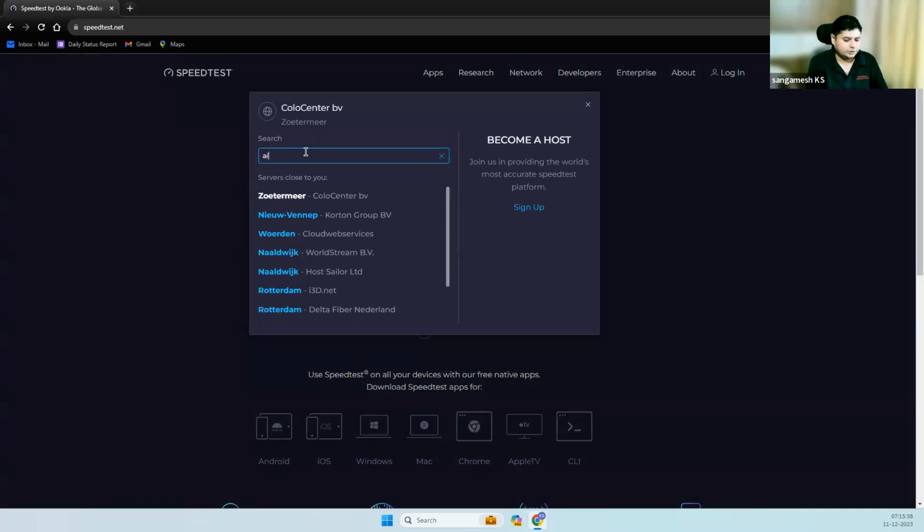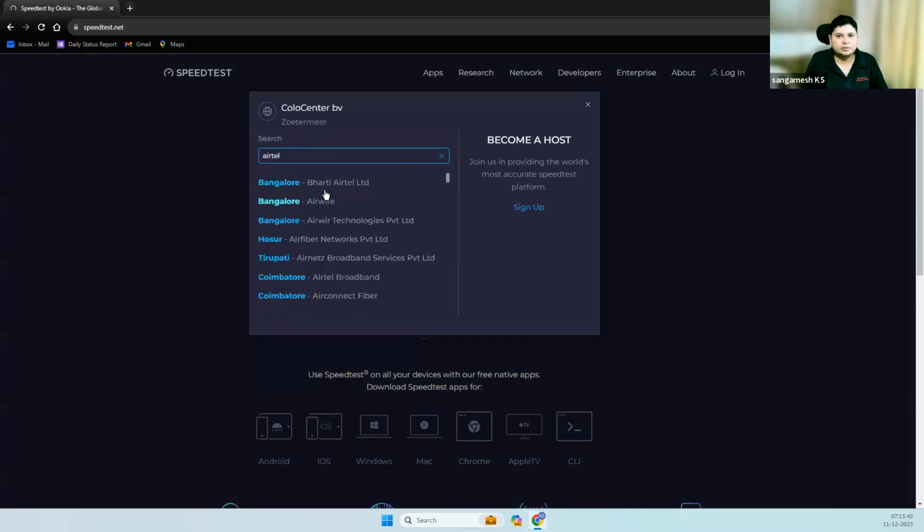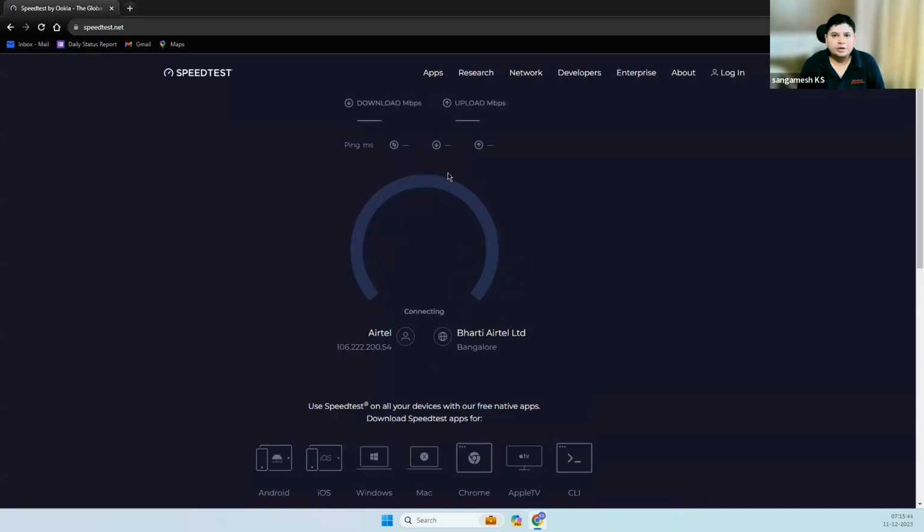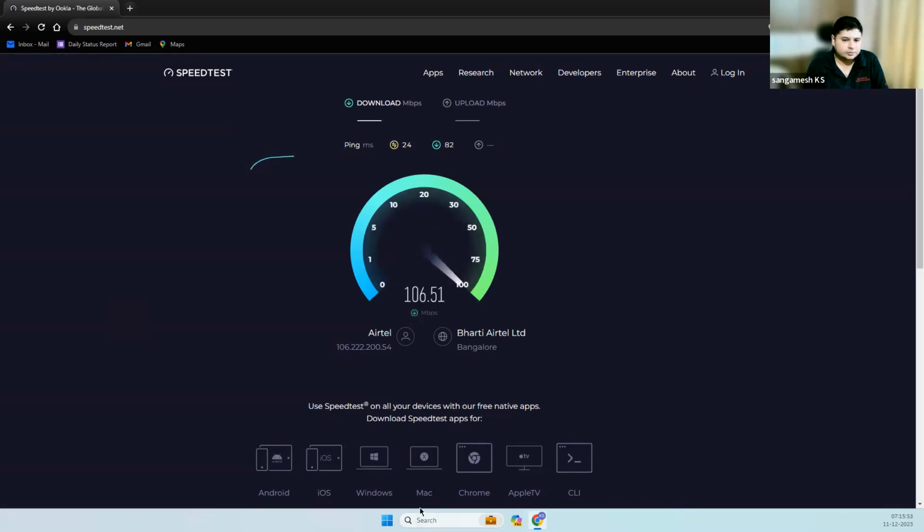This is Airtel Bangalore. So meanwhile, you can have a check on your internet. Meanwhile, this particular process is going on. Let's